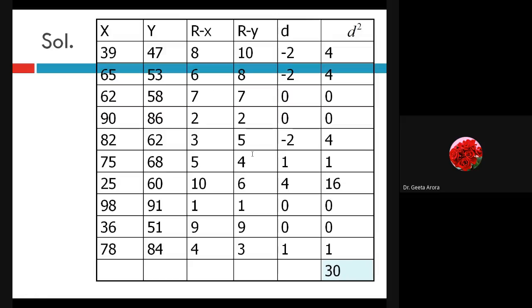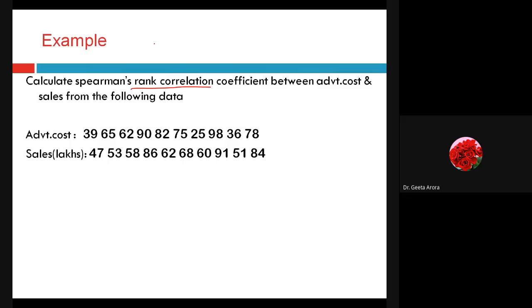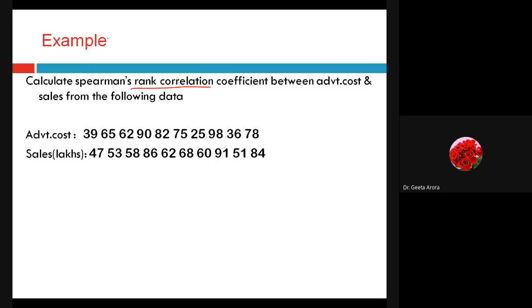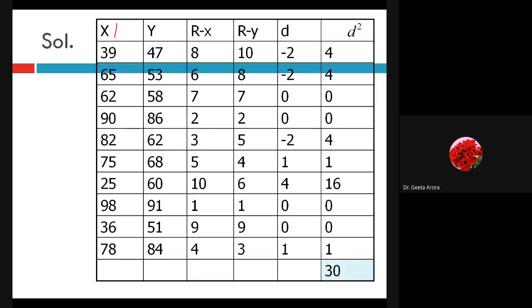First we have to rank them, and here we have the data of x: 39, 65, 62, 90, and so on. So this is the data of the advertising cost x. X is advertising cost and y is given to us as the sales in lakhs. So we have two sets of data in front of us and we want to find out the rank correlation. So how are we doing it? First we have to rank the